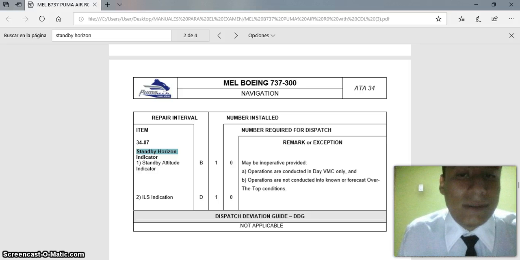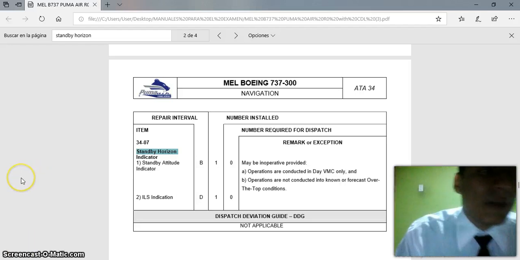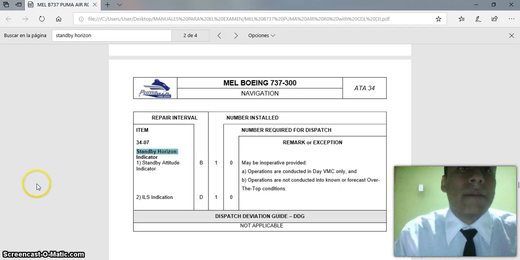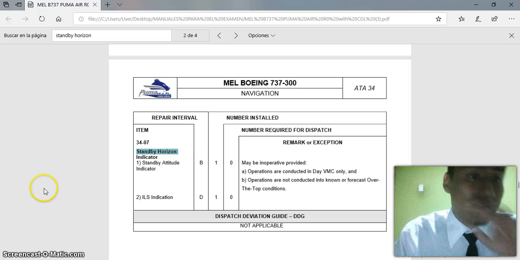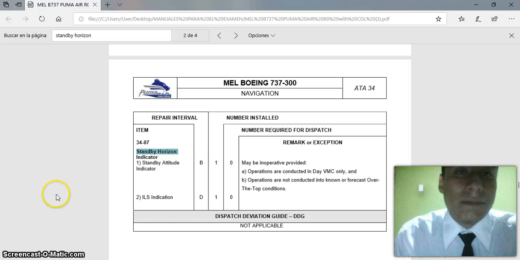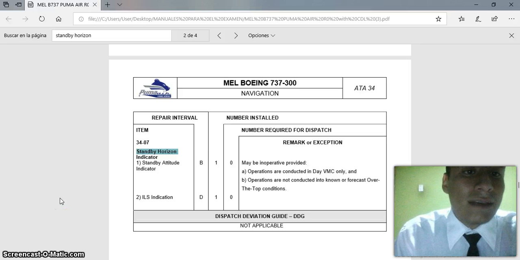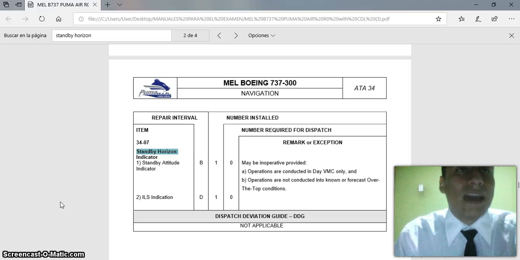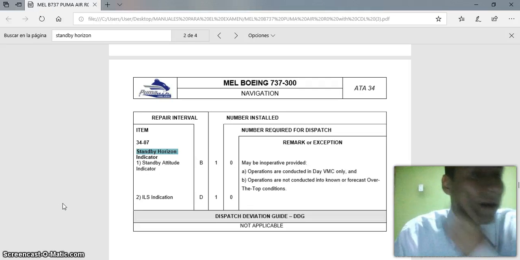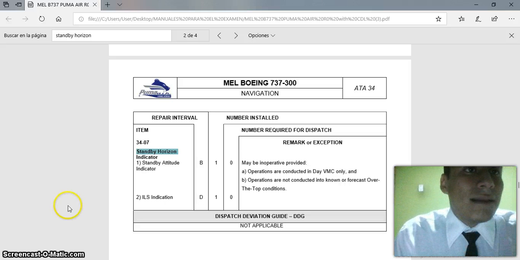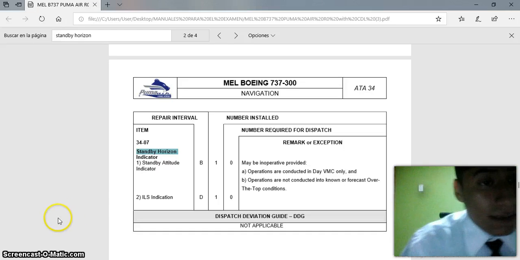It is important to mention the difference between the MMEL, or Master MEL, and the MEL. The Master MEL is for a certain type of aircraft, but the Minimum Equipment List is for